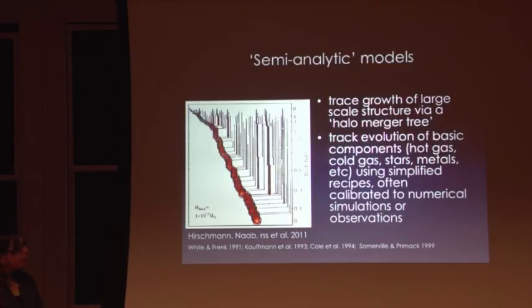So one way to handle this problem is to use a technique called semi-analytic modeling, in which we simulate the growth of structure in the dark matter as cheaply as we can, using a dissipationless simulation with only dark matter in it. And then we can track how dark matter halos build up over time. This is represented with a merger tree, so the x-axis means nothing here, and the size of the symbol just shows you the mass of different lumps of dark matter that are merging together and building up to form a bigger halo.